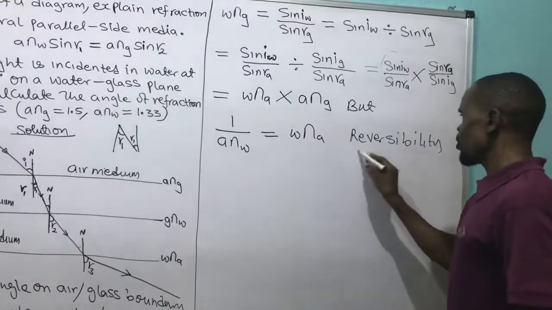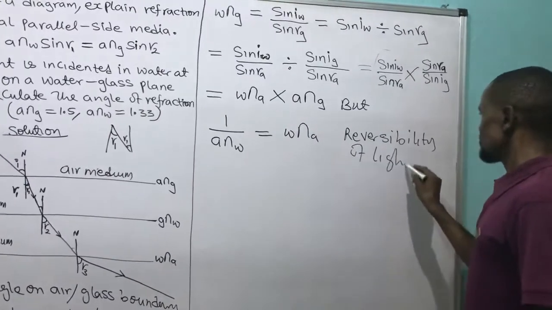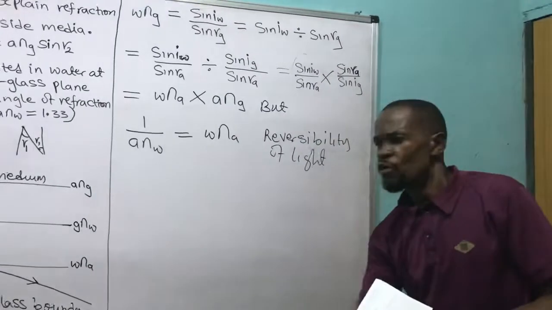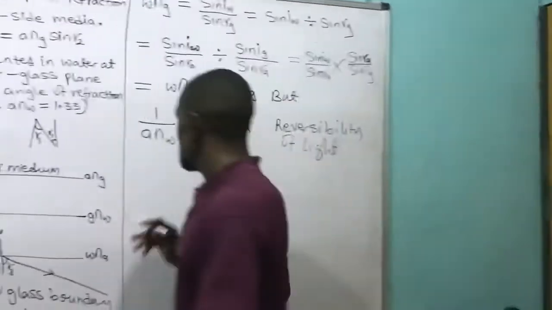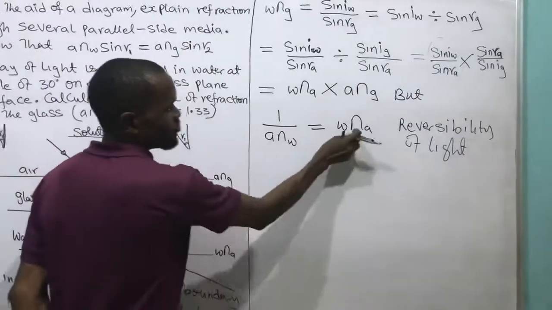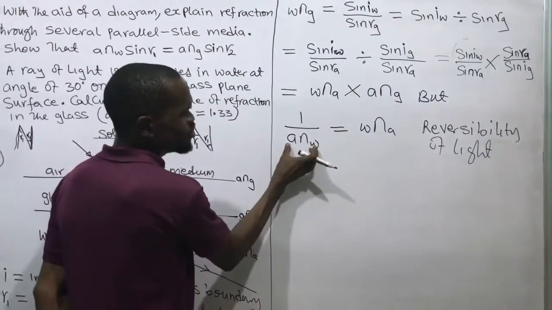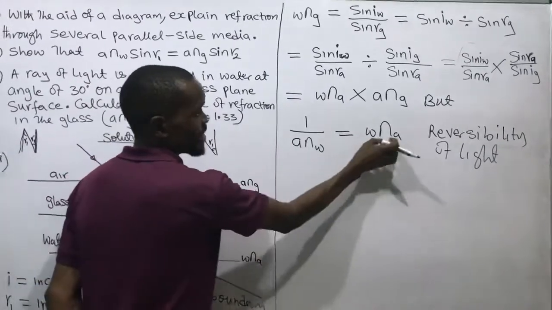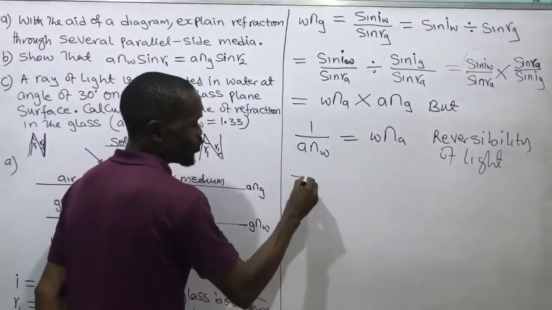Reversibility of what? Light. That light can reverse: I can enter water from water, enter to air. That's the reversibility of light, that this over this will give me this. Therefore, I can use this to replace this in this place, and this will give me